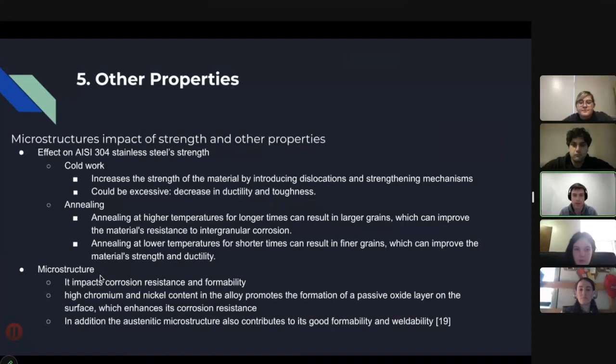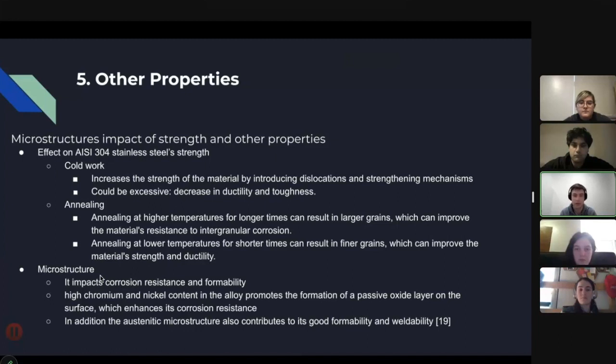So some other properties. The strength of AISI 304 stainless steel is affected by several factors, including the amount of cold work and annealing temperatures, as previously explained. Additionally, the annealing temperature and time can be tailored to achieve the desired properties of AISI 304 stainless steel. For example, annealing at higher temperatures for longer periods of time can result in larger grains, which can improve the material's resistance to intergranular corrosion. On the other hand, annealing at lower temperatures for shorter times can result in finer grains, which can improve the